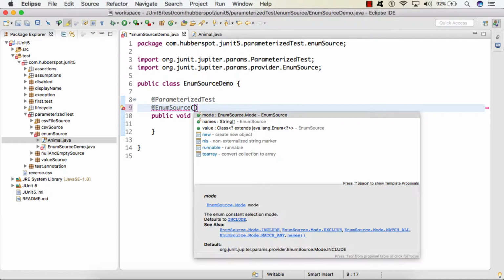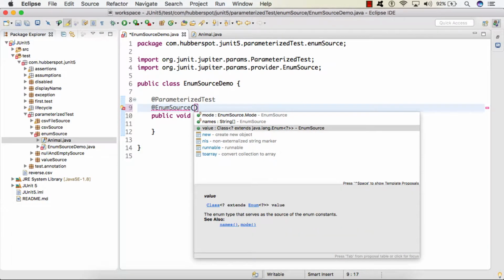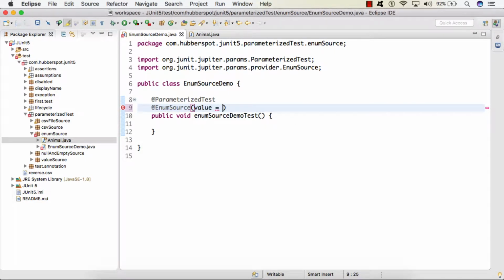And here I will provide the name of the enum, which is Animal.class. As we are injecting this Animal to our test, we also need to provide it as a parameter to our enumSourceDemo test.